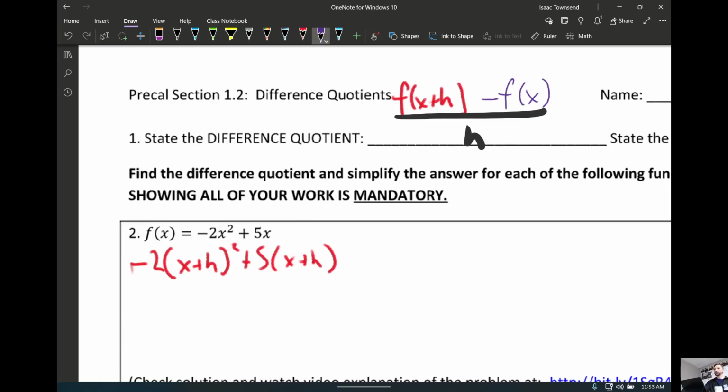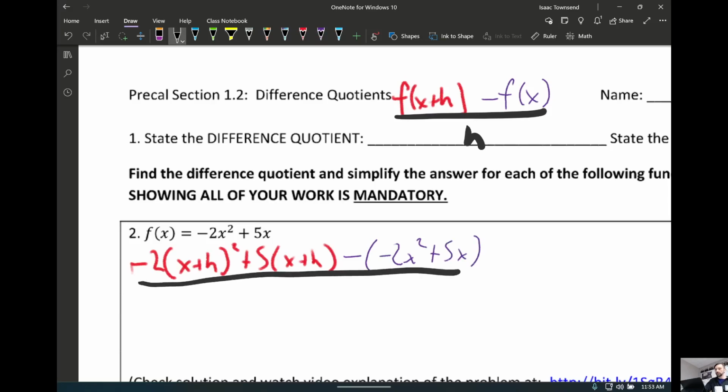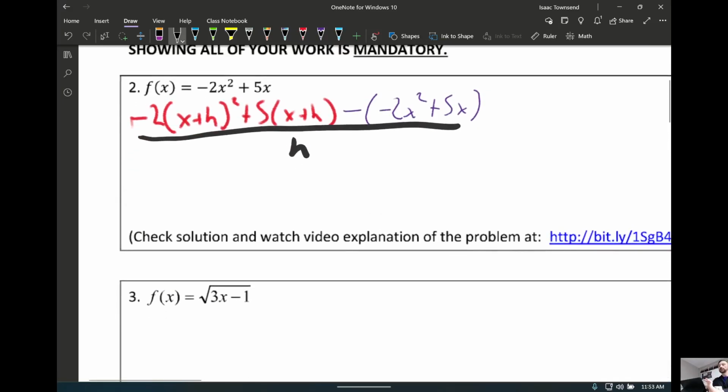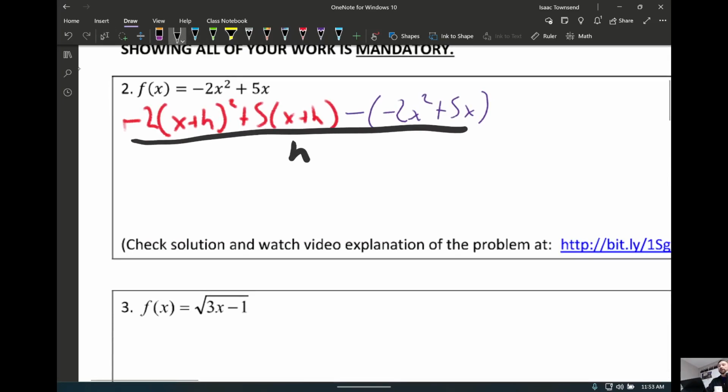The next part of difference quotient says subtract away the function. And the last part, put it all over h. So the work that you will have to do is the algebra behind simplifying this. I would say that this question type is the one you'll probably feel the most comfortable with, just because you've done this type of algebra the most. You could